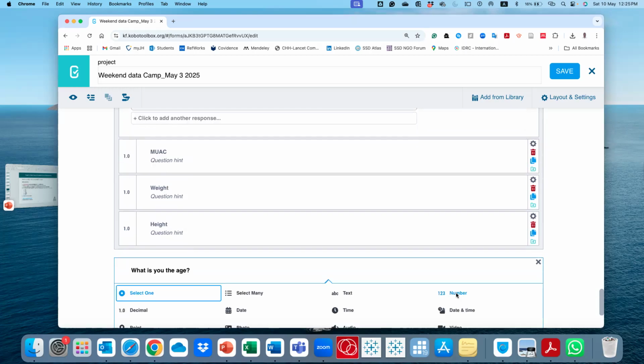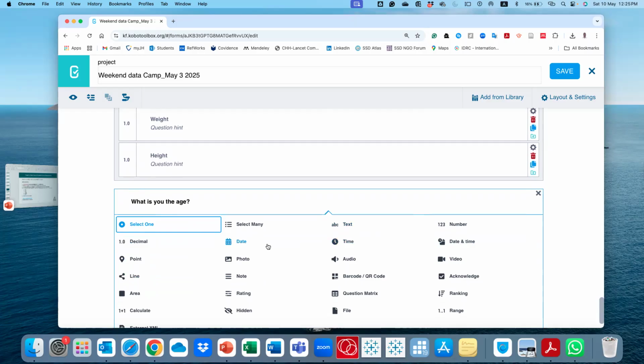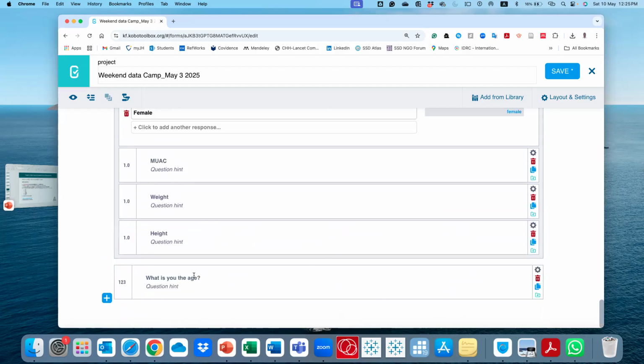As we said, this is going to be a number, because you're not going to have points unless you want your age not to be in full numbers. So completed months or completed years.